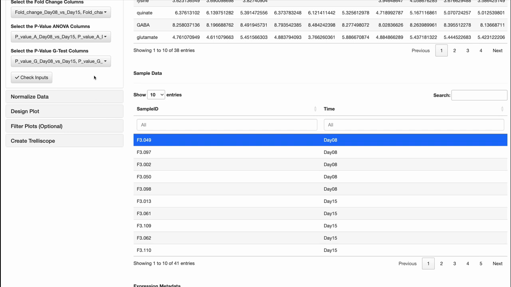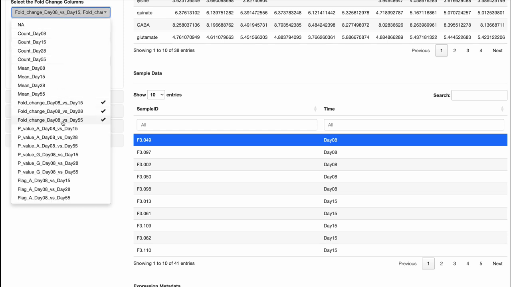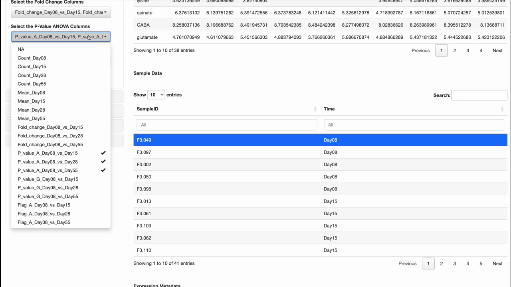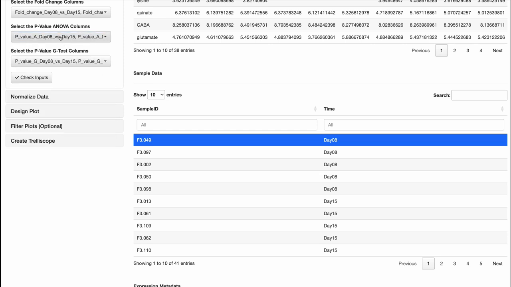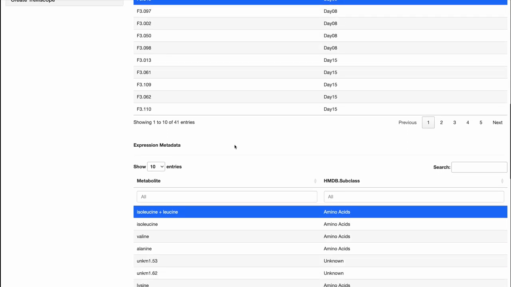Next, regardless of data type, if a differential statistics file was uploaded, select which columns denote the fold change and p-value columns. Note that for abundance data only, there can be two p-value columns, one for the ANOVA and the other for the g-test. Make sure the names of your comparisons are consistent. If this step is done correctly, there will be a comparison table below the statistics table in the Preview Tables